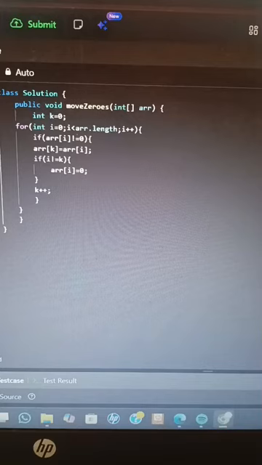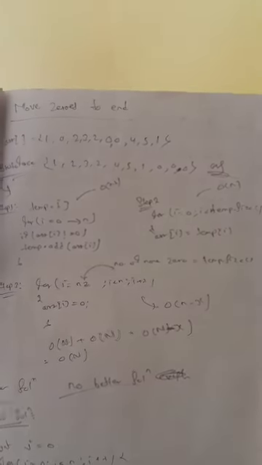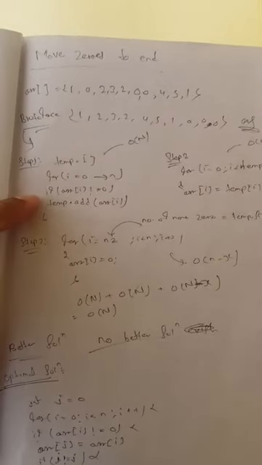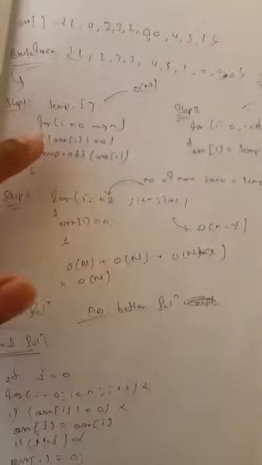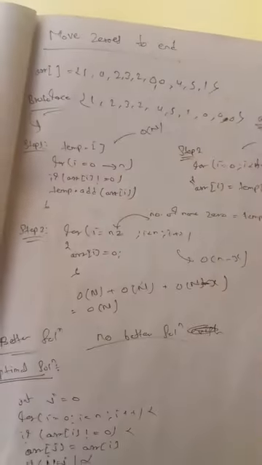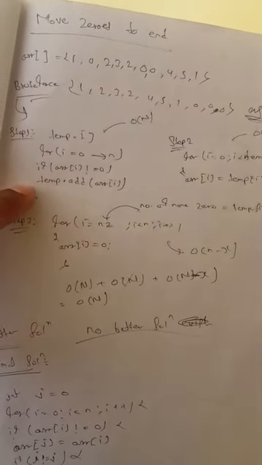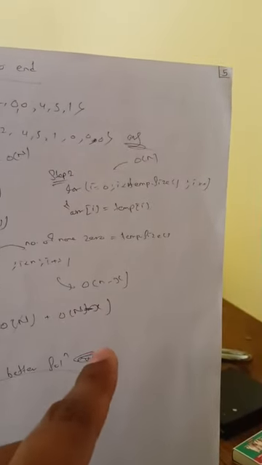So the brute force approach is, I will take an array list and I will traverse through the whole array, and whenever I find the current element is not equal to 0, I will add the element into the array, and then again